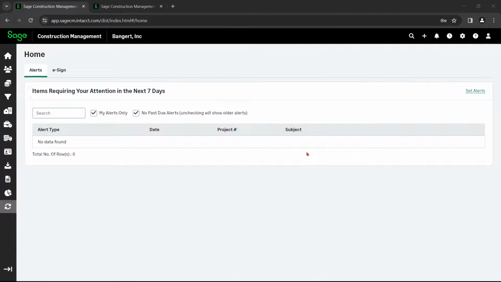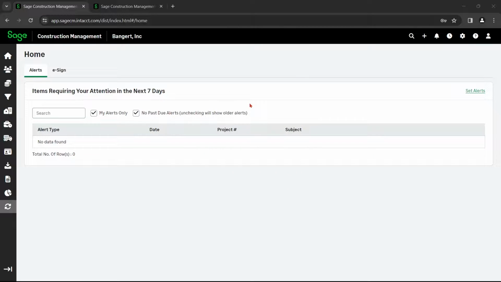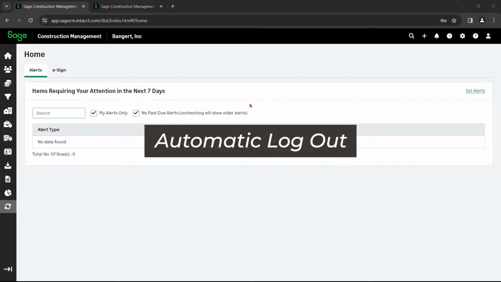The first one is not difficult to find at all, which is the UI change. Sage UI is now the default theme. The app has also been rebranded to match Sage products. Rest in peace, Corcon.